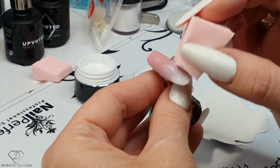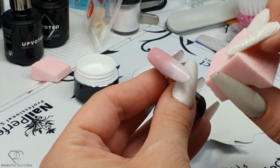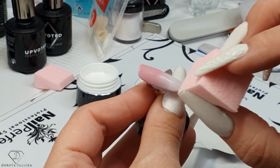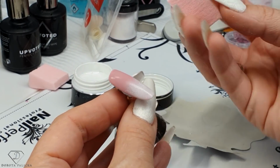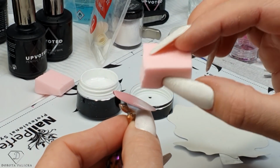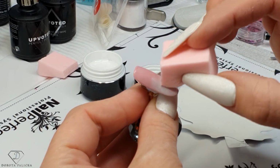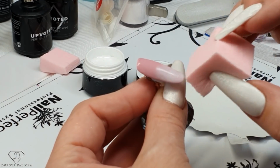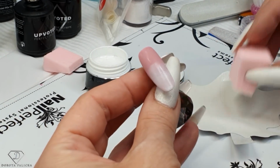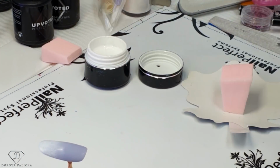Dab it in. If you went somewhere too far, you use a clean part of the sponge, touch it, and then you would blend it with the clean part. Okay, so if there is any places you feel you've got too much, you would clean it off. Cook this one in. And the last go,